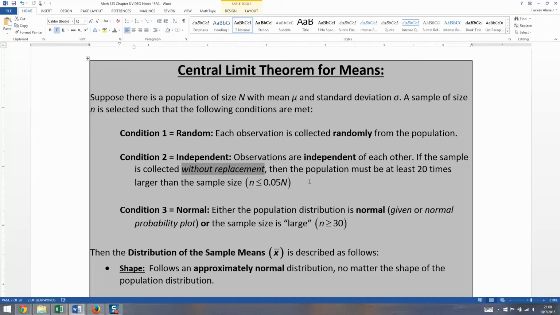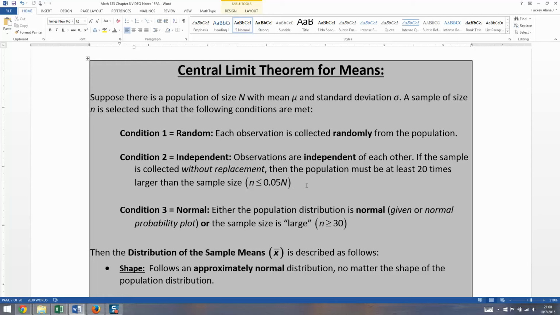That's no good. So when you collect a sample without replacement, in order to ensure independence, you have to make it so that the population is at least 20 times larger than the sample size. In other words, your sample size is less than 5% of your population size. Now, what in the world is that talking about? Well, imagine your M&M bag. If you get a small bag that you buy at the gas station, and you take 30 M&Ms out,